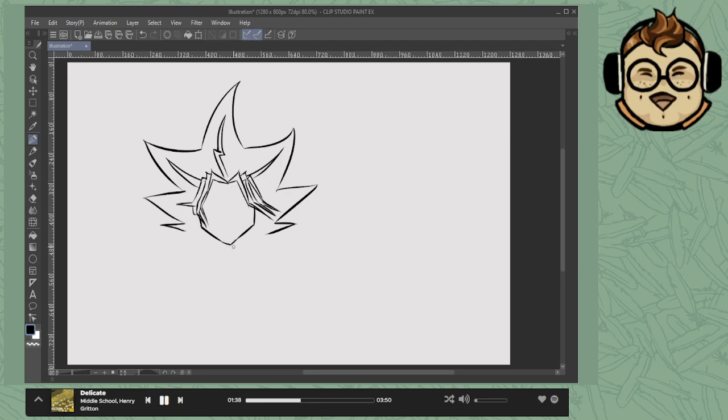His Millennium Puzzle is a lot larger than I thought it was. Well, anyway, I'm gonna finish drawing Yugi here. It's so much more fun to draw something from an example than from my brain. My brain doesn't want to have to come up with the actual shapes and stuff. I just want to take what shapes are there and make them more me style. You know what I mean?